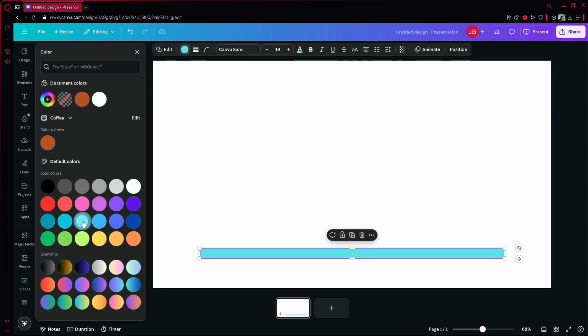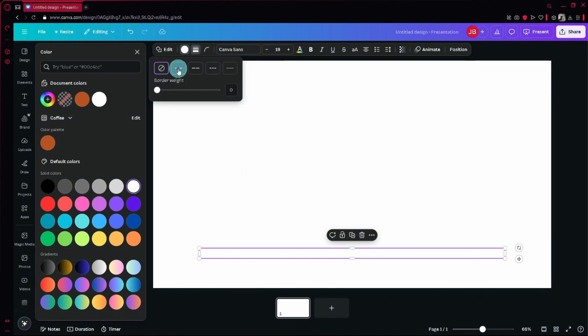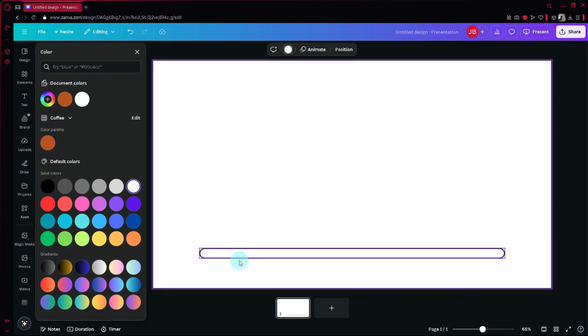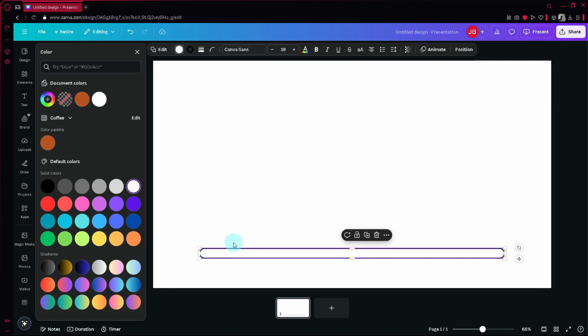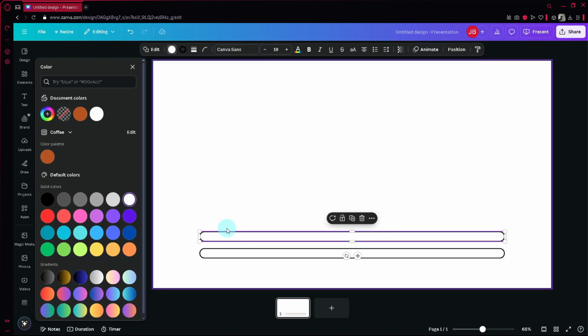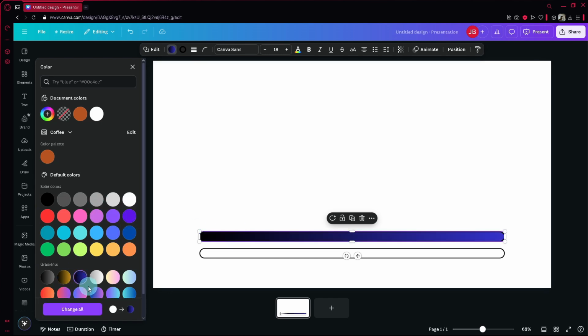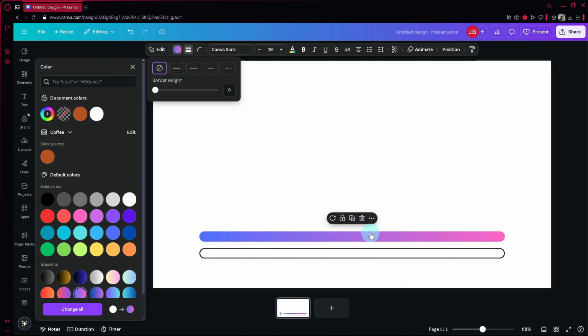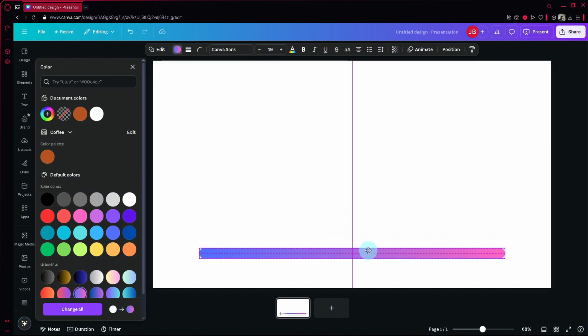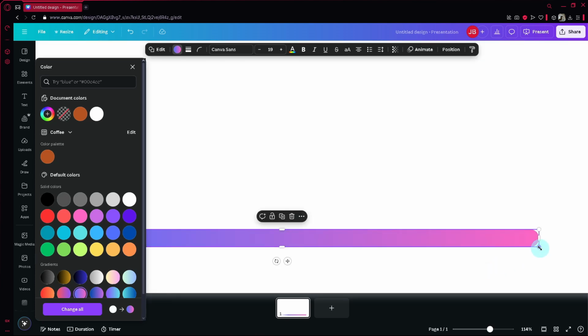So let's say our background color is pure white, but let's give it a weight to the background so that we could see where it is. After that, you're simply going to duplicate it, either press alt and then drag, or copy and paste. And after that, you're going to change this one over here. So let's change it to a different color. So say this, I'm going to remove the border weight and we're going to put it back on top of our